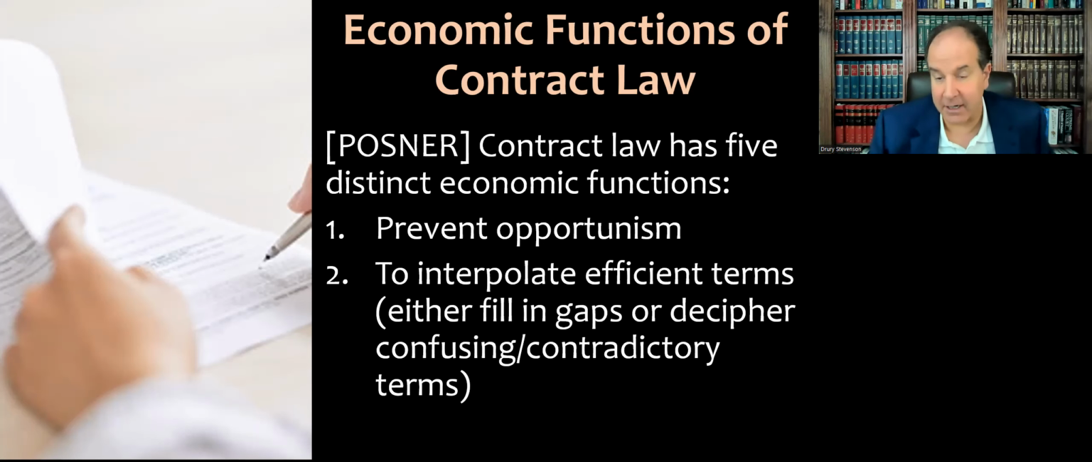Another economic function of contract law is that the judiciary will interpolate efficient terms. So no contract is complete, right? It's basically not humanly possible to have a contract that is so comprehensive it covers every conceivable thing that could go wrong or eventuality that may arise related to these two parties and their transactions or the substance of the transaction. And so all contracts are going to be at least a little bit incomplete or unclear,